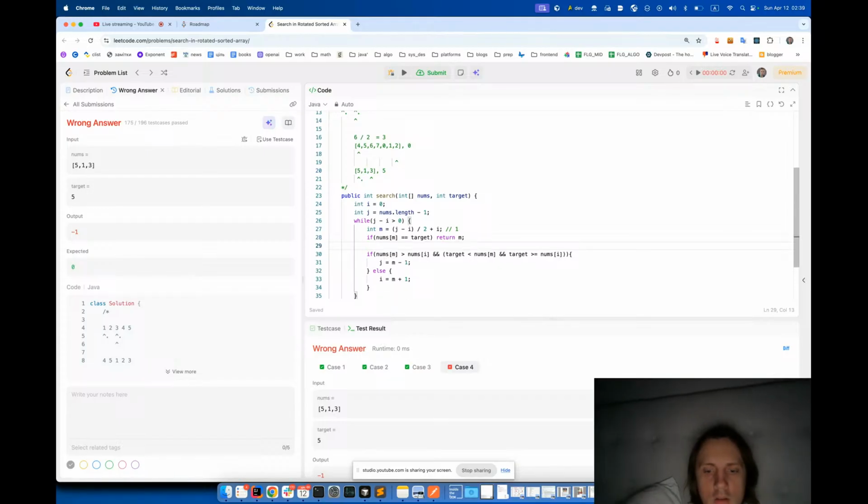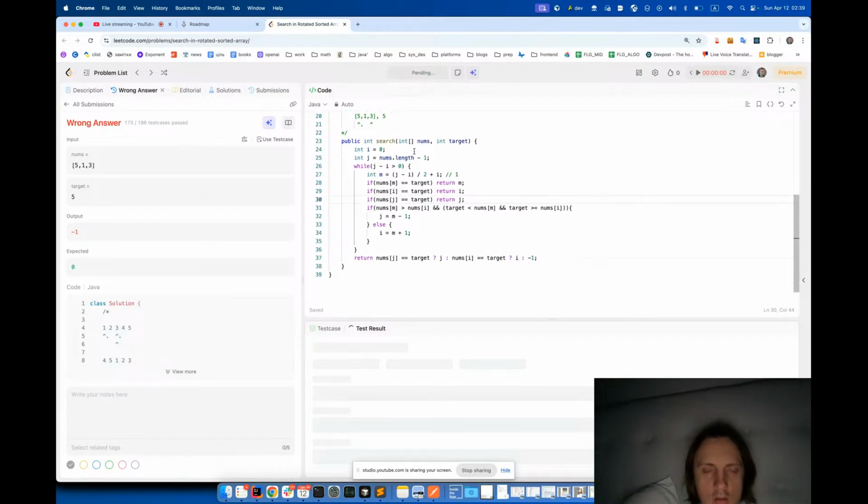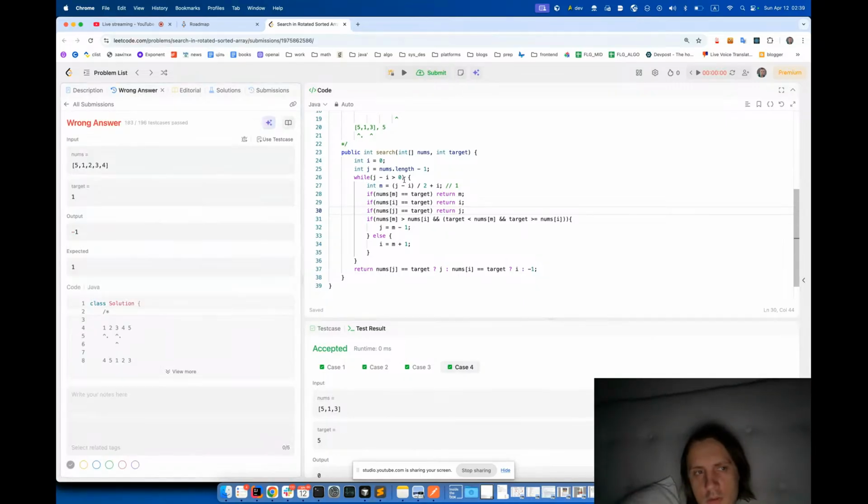we can also maybe check with like nums I equal to target, return I, and also if nums j equal to target, we just return j, and this should work. But could be not for all cases. Yeah, for example here when we have 2, 5, we need to move,